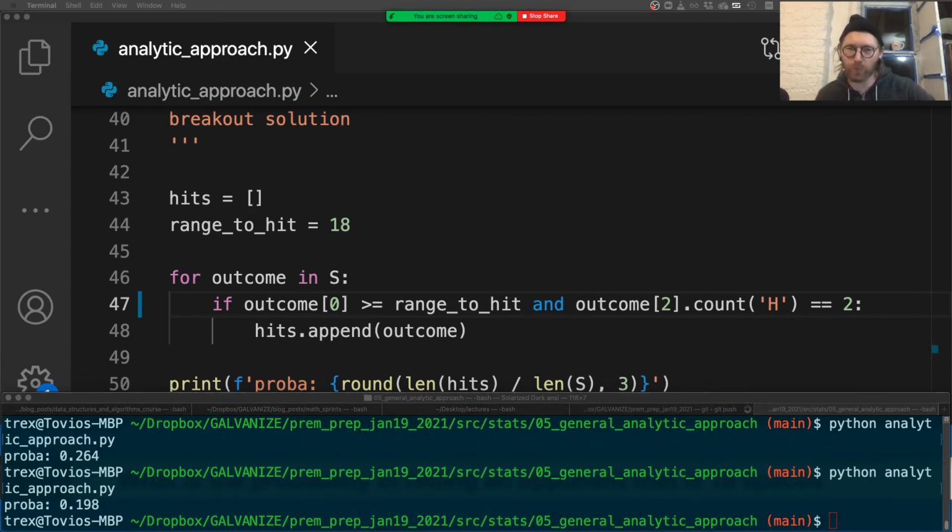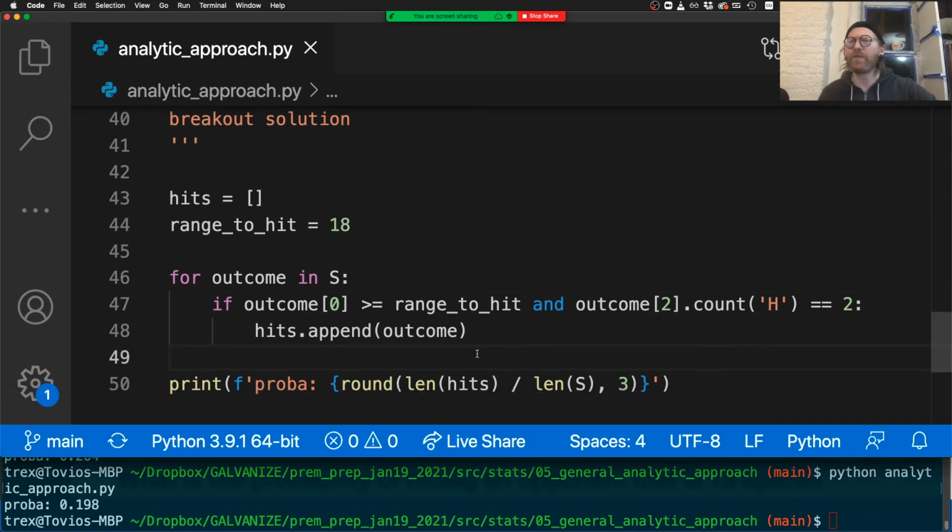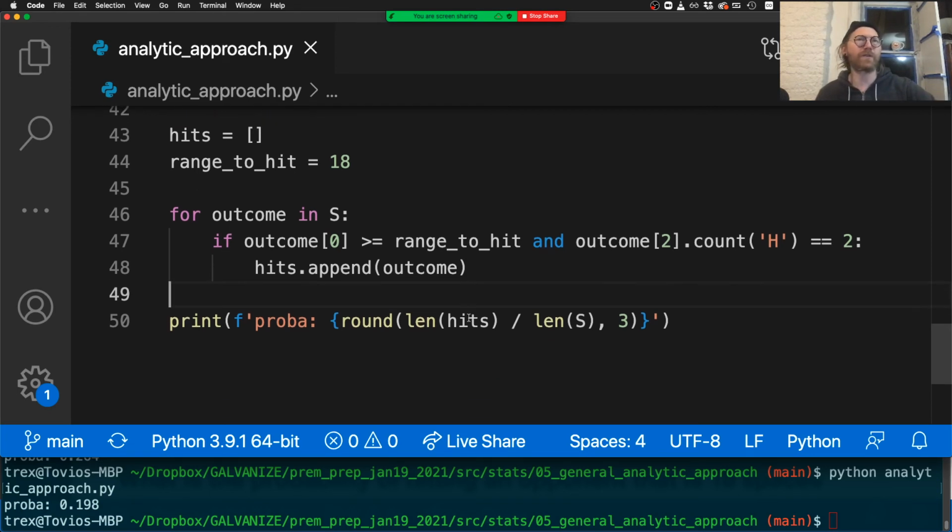0.198, is that what other people are getting? Yes, it looks like that's what other people are getting. Okay, awesome. So I'll fix that in the notes, because I think I have a couple incorrect things in there in the notes. But